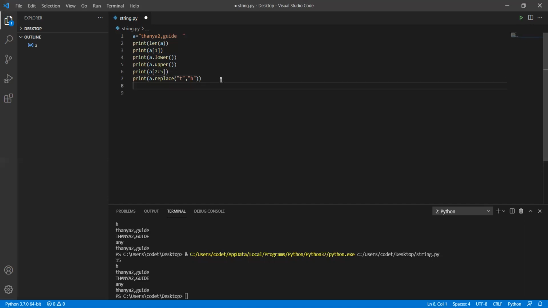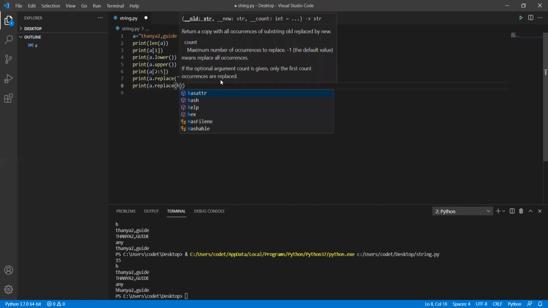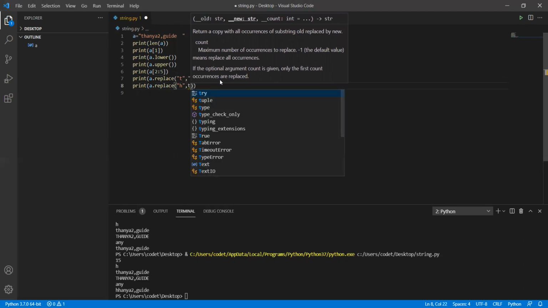Now see here, now I just wanted to replace that H with T again. See, print of a dot replace. In that I just wanted to replace the H with, separate that with a comma. Now T again. So now what do we get here?